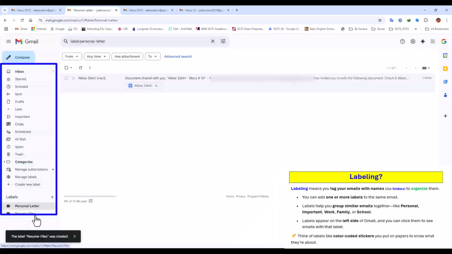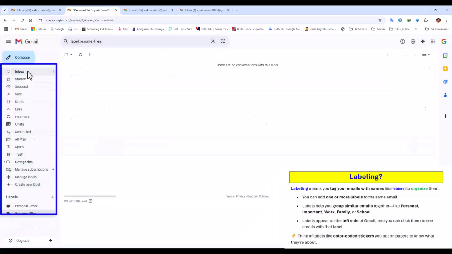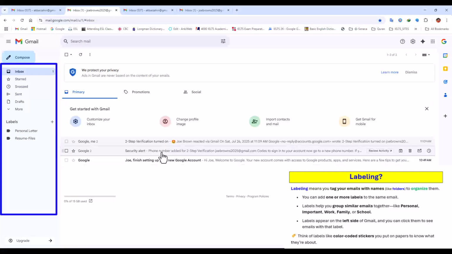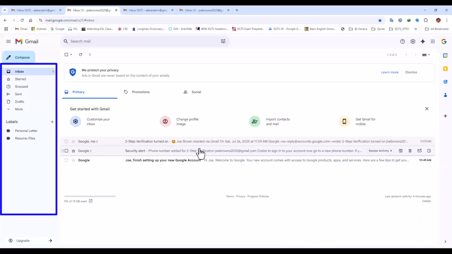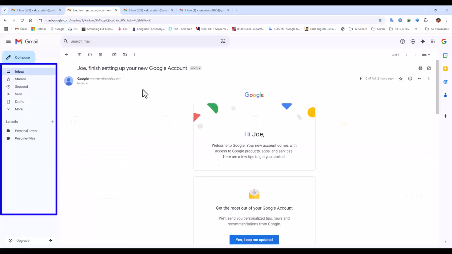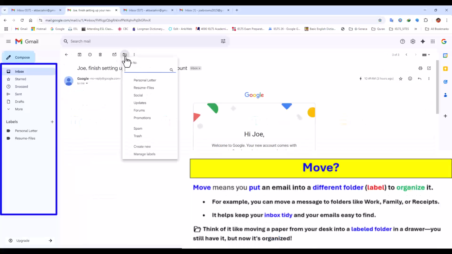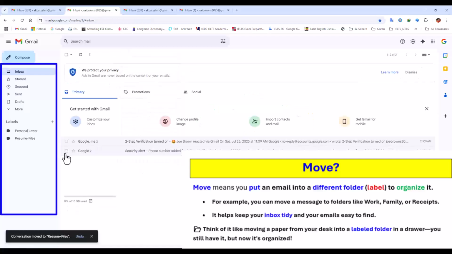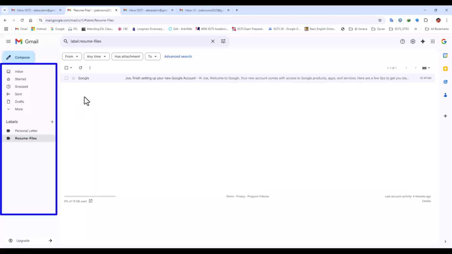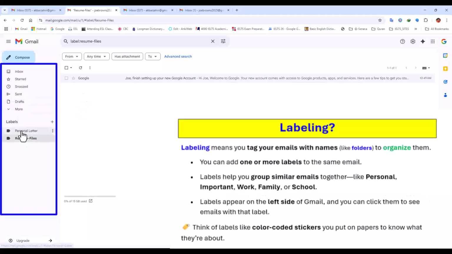Now you have a folder called resume files. Any letters that you have received or written about your resume, you can easily move them. For example, this one I want to move to my resume files. I can click here, then find resume files and click it. Now it is in resume files and it is organized. So these labels are for organizing, and you can organize them easily.